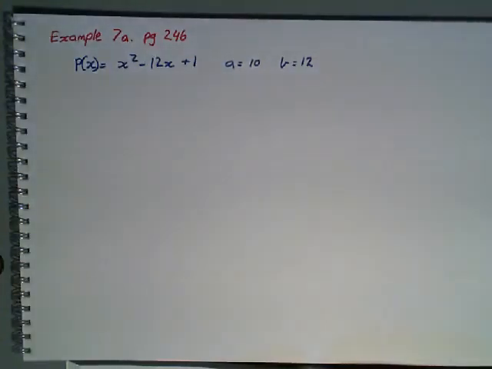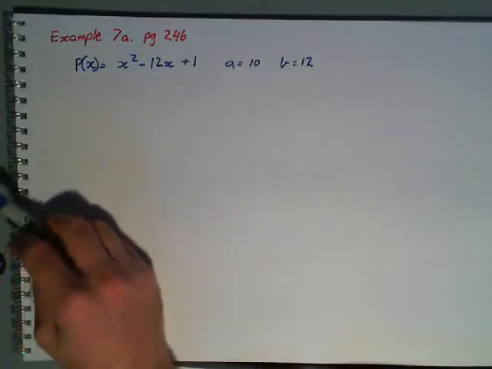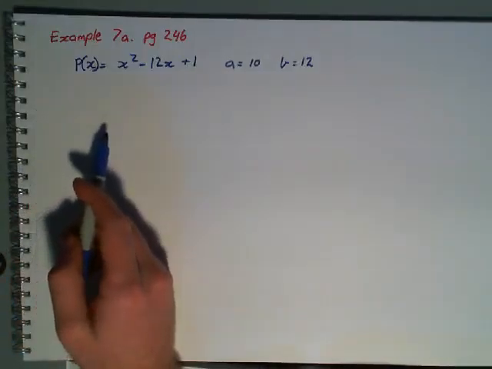Hi everyone, in this video I'm just going to have another example on the bisection method. So just looking at example 7a on page 246. We've got p of x is x squared take 12x plus 1. Now obviously we can't factorize it into linear factors, so we're going to use the bisection method to estimate the